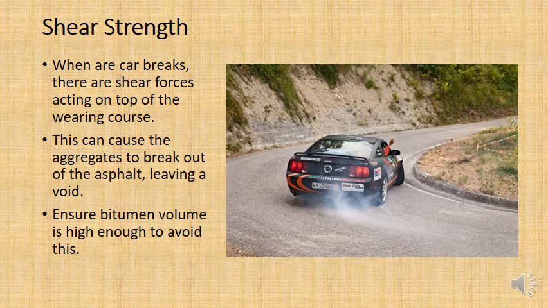They're forces in opposing directions but on two different planes. Now, the shear strength of the asphalt will determine whether aggregates start breaking out of the asphalt or not. And if that happens, you will start getting voids, and that can lead to